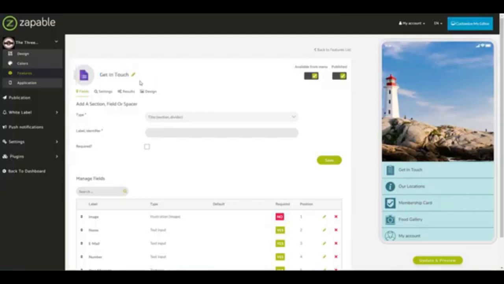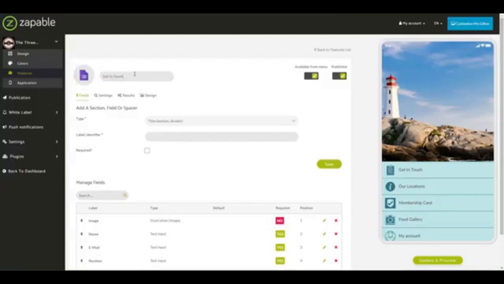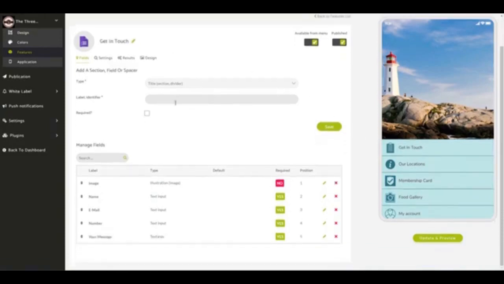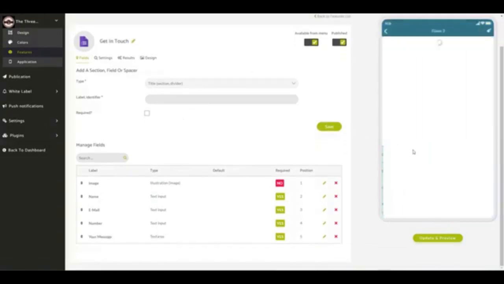in Touch. To rename them, you just click the little pencil icon and then you can go and change that to whatever you want, and whatever you put in this section here will be what displays on the actual menu within the app. Now I've created a basic form, and if we open up the form feature here, you can